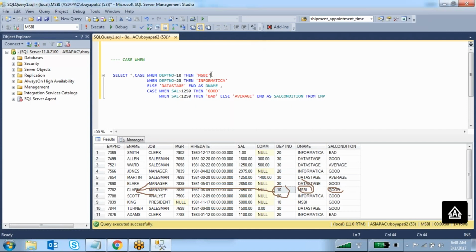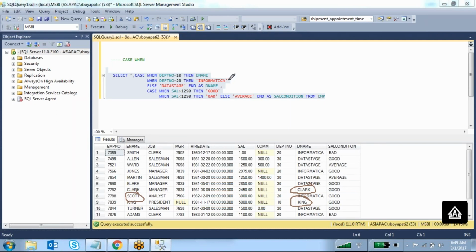So simply, in place of this MSBA, you can write the column name, employee name. See, for department number 10, it is displaying the employee names. Only when the department number equals 10, it will display the employee name.